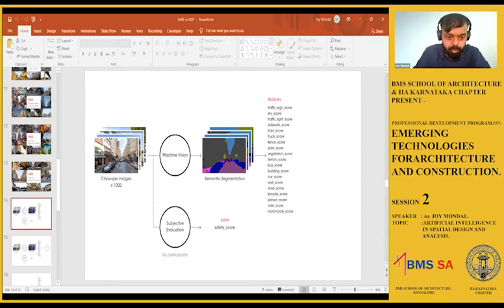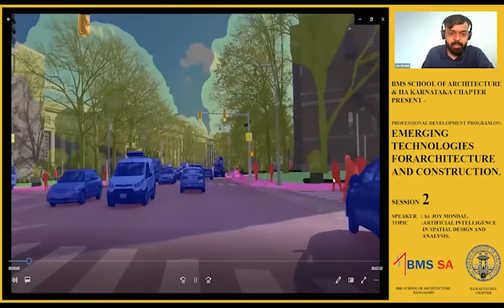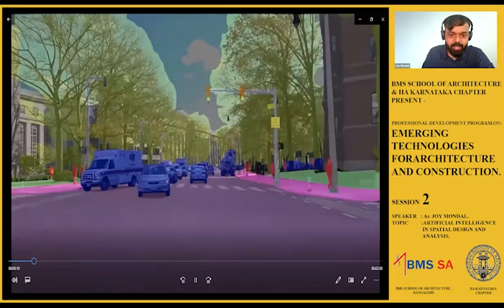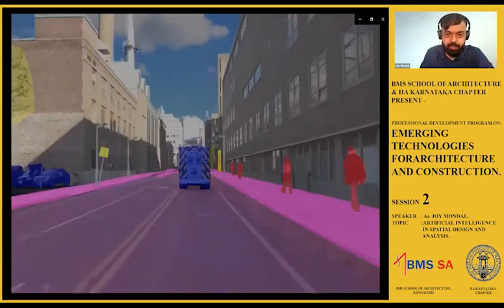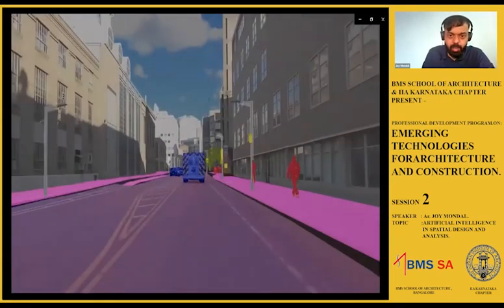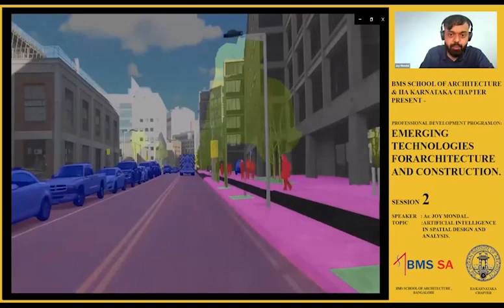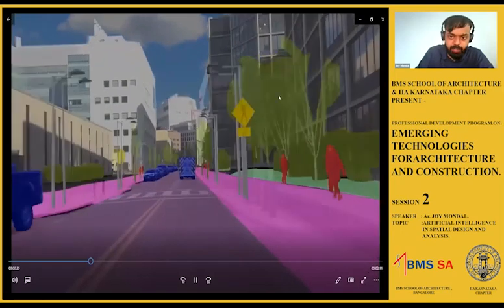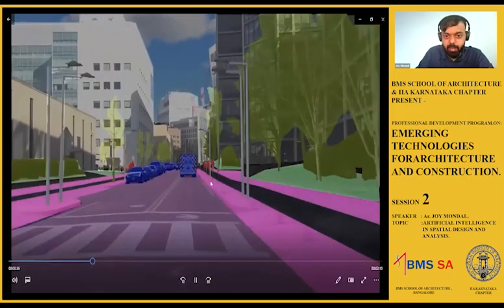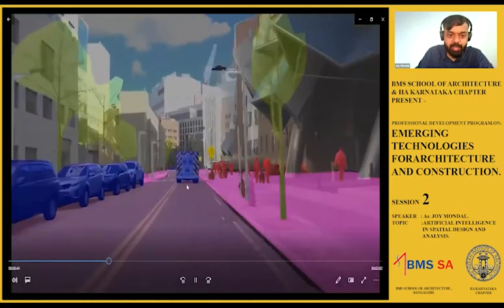I'll just give you an example of where this is from. I'm hoping that you can see this video. The algorithm, which divides it into different constituent elements, was developed by MIT in collaboration with Uber to develop self-driving vehicle algorithms. And of course, when a vehicle has to navigate a city or a street, it has to look at its environment and figure out where are people, where are traffic signals, where are trees, where are buildings, where does my road end, where are sidewalks,